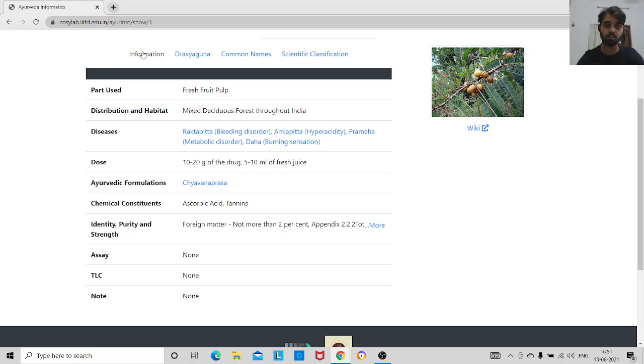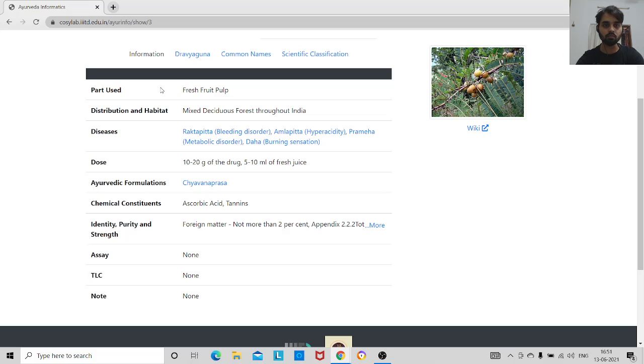First is general information, second is the Dravyaguna information, third is the common names, then the scientific classification. In the first set of information, we have the part for which the data has been given. The plant has different parts like root, shoot, fruit, flower, etc.